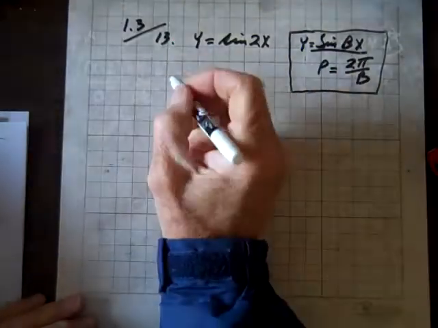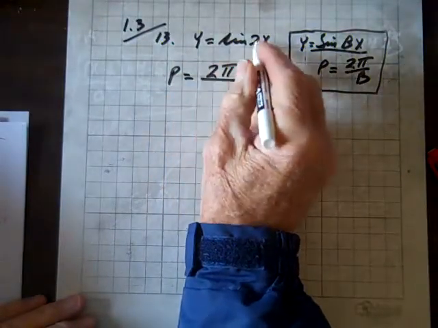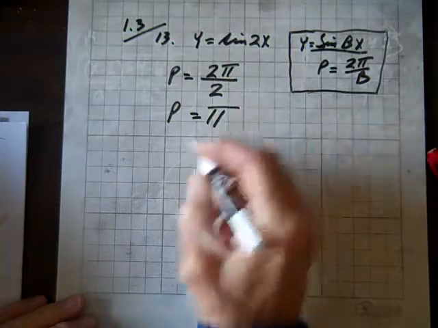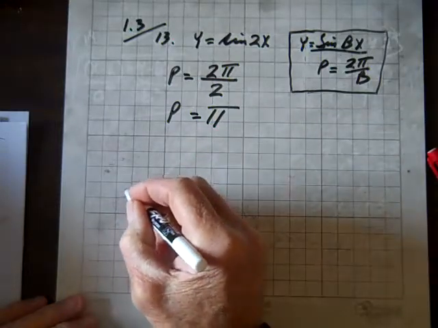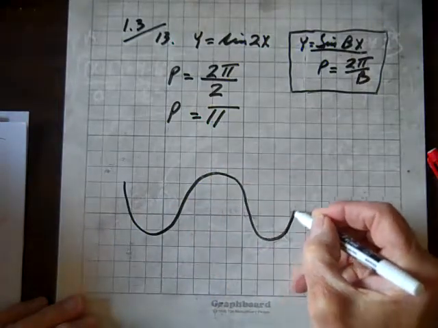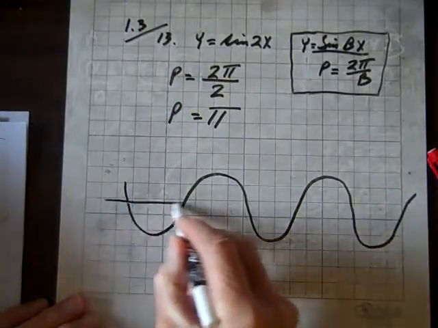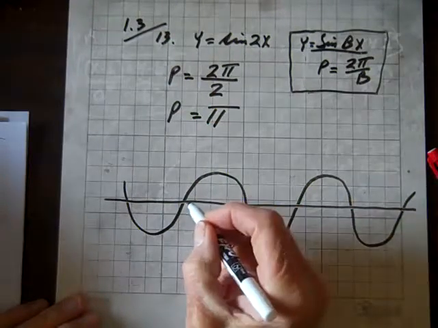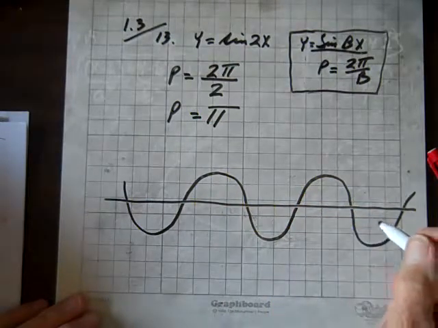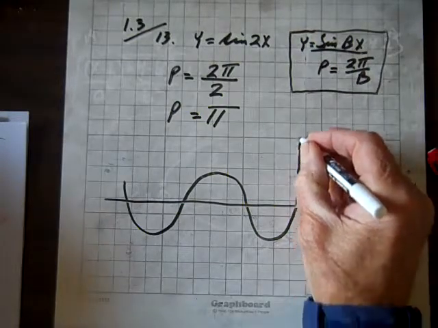So let's find the period of this. P is going to equal 2 pi, and in the b position we have a 2, so the period equals pi. Now let's just graph a sinusoidal curve. Okay, and we'll draw a center line, and we'll put our y-axis right here,